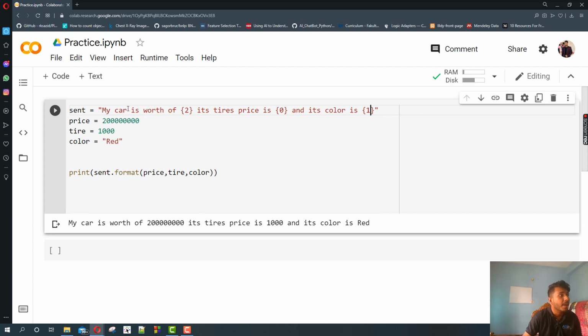My car is worth of index 2, that means it will print color over here. Then its tire price is 0. Which one is 0? Price. This will be printed over here, and its color is 1, that means it will pass the index 1 value over here. The sentence will be printed like this: my car is worth of red, its tire price is 2000, and its color is 1000. So you can specify the index number if you want.